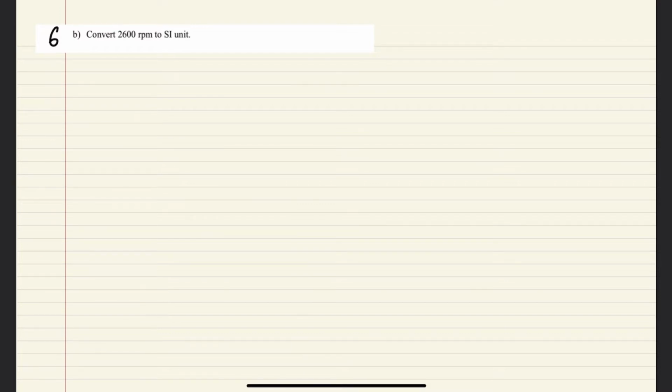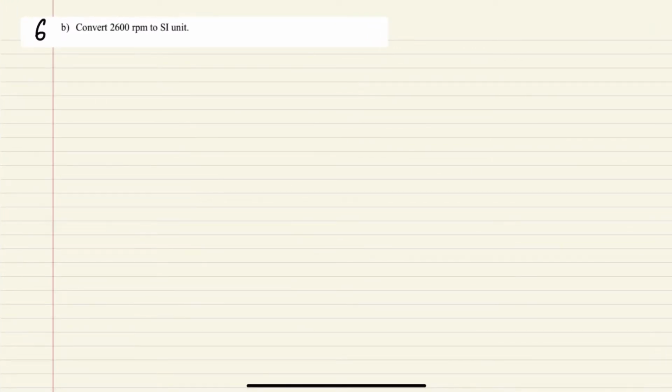So rpm is actually a unit for omega, angular velocity. So omega is equal to 2600 rpm, which is revolution per minute. To convert to SI unit, which is radian per second, basically I'm going to do cross multiply. I think I showed it before, I just want to show it one last time. So omega here